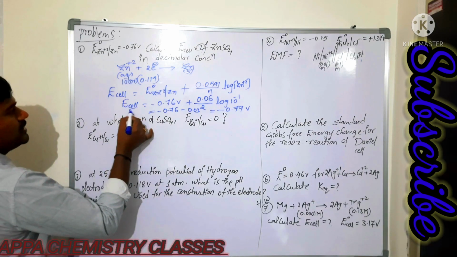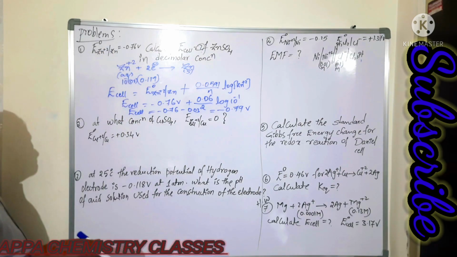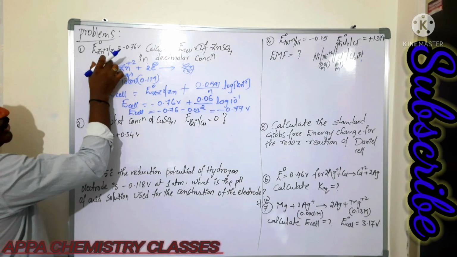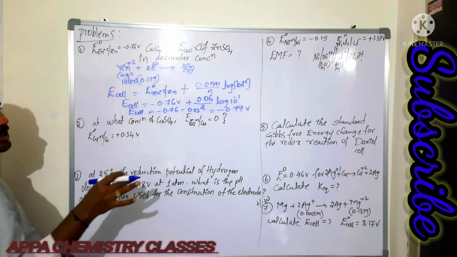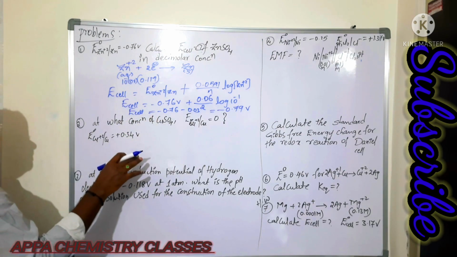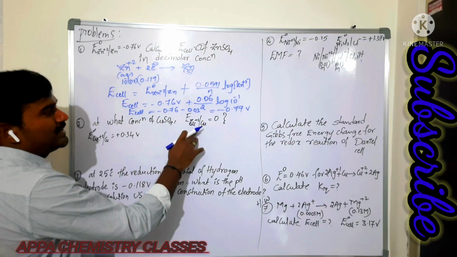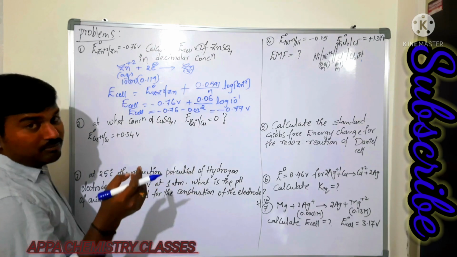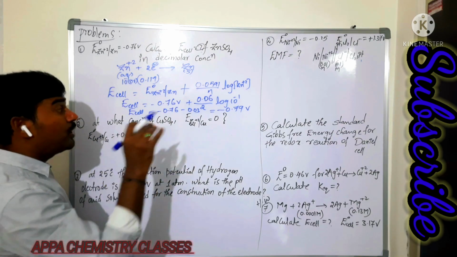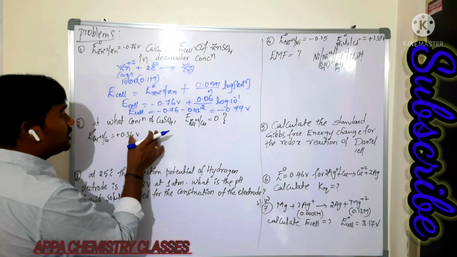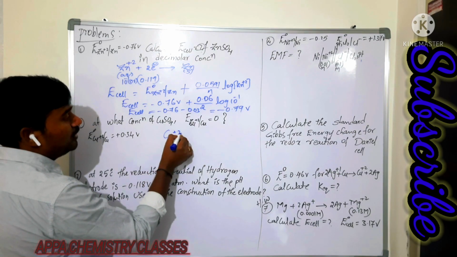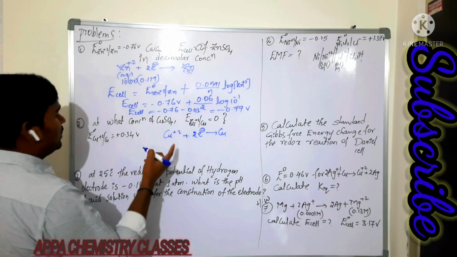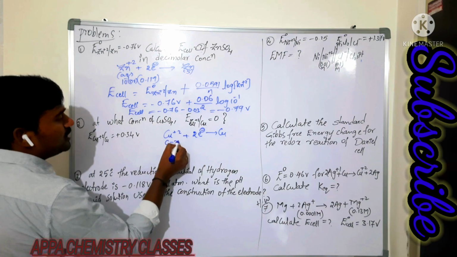So which potential is it? The reduction potential of this cell. Okay? So at a decimolar concentration of zinc sulfate, the standard potential is given. At a decimolar concentration they are asking to calculate. So at what concentration of copper sulfate is the cell EMF, that is the reduction potential of copper, going to be 0? They are asking to calculate the concentration at which the cell potential, that is the reduction potential of copper, becomes 0.